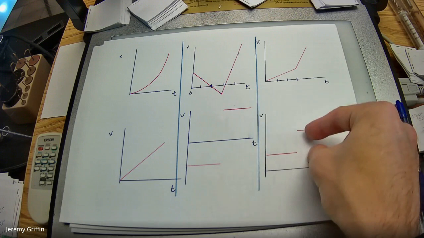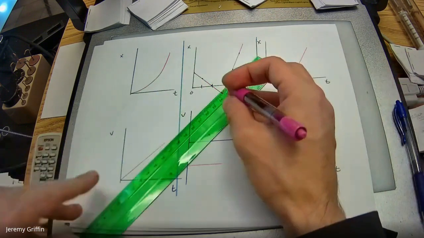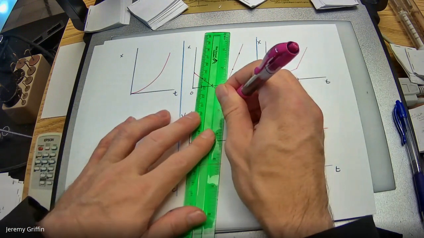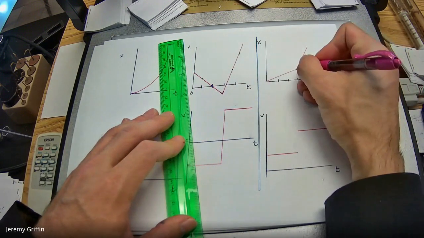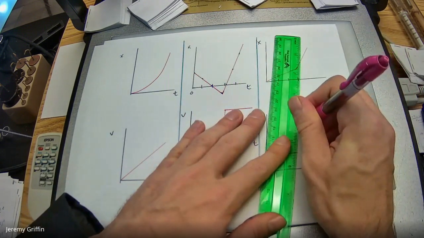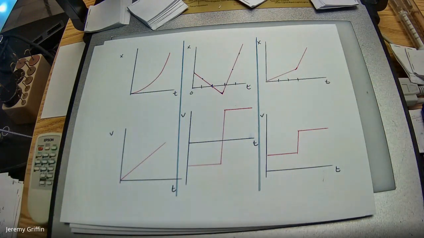You guys see like a jump? Now, if you had actual physical data, it might just be a really fast turn. So it might be something like this. This might just be extremely curvy, and this might be extremely curvy, and this might be like a slice of something like that. Yeah, you guys got this?